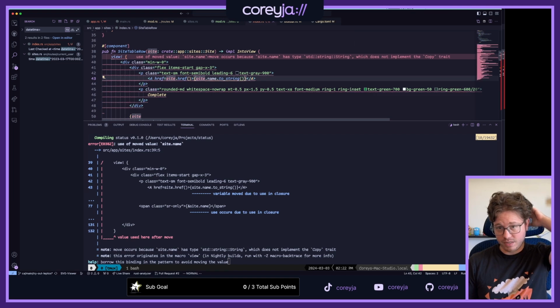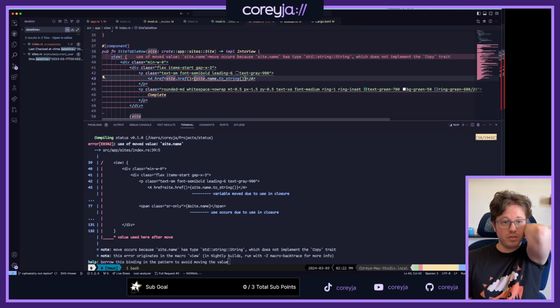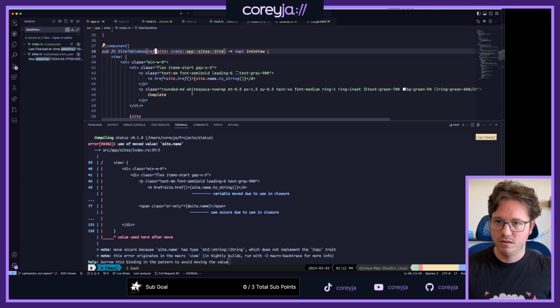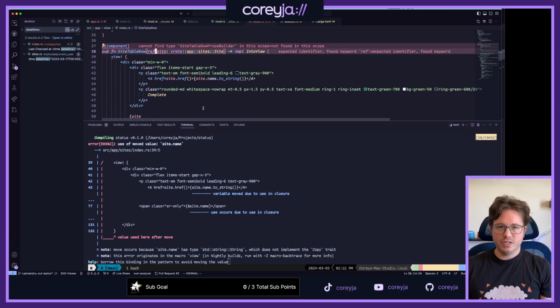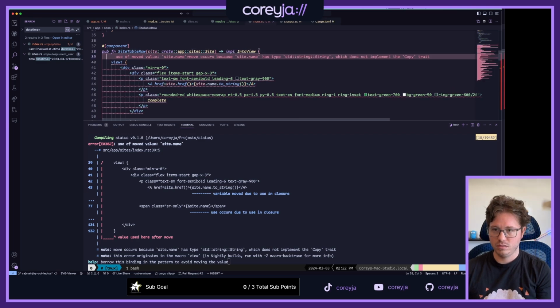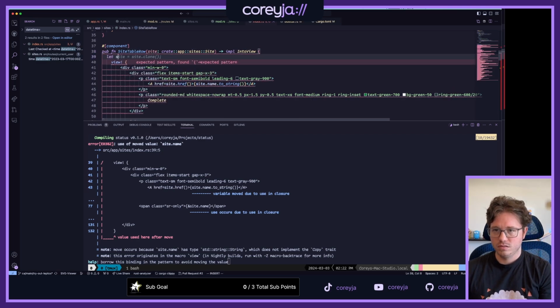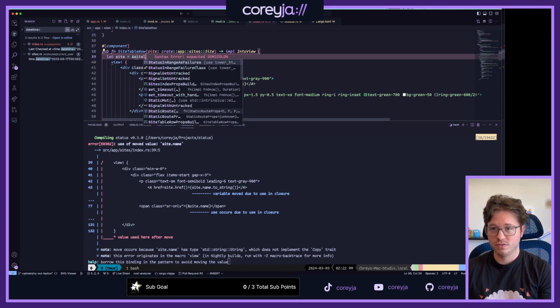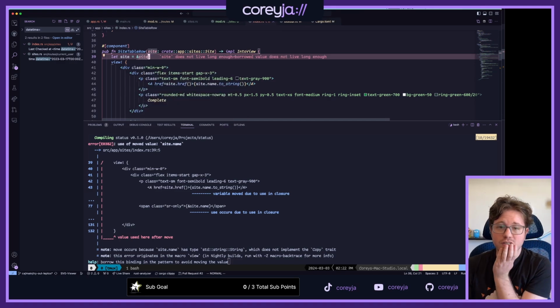I think what's happening here is there is a closure that's being defined here that, oh, wait, can I do that? Nope. Site equals a reference to site. I just make it a reference right away so it doesn't try to move it into things.